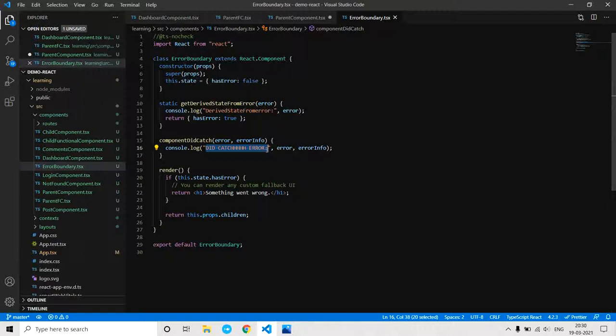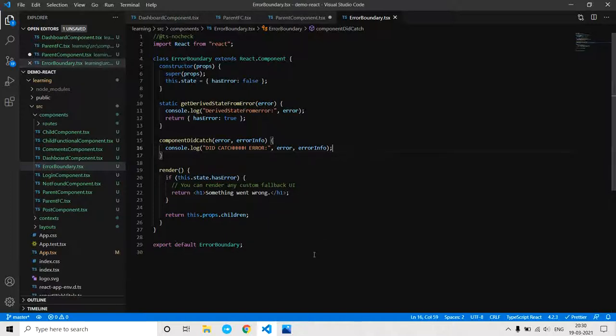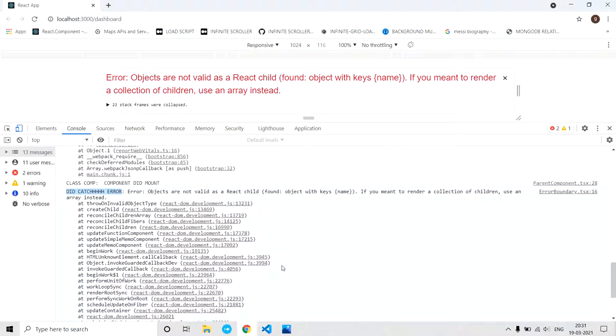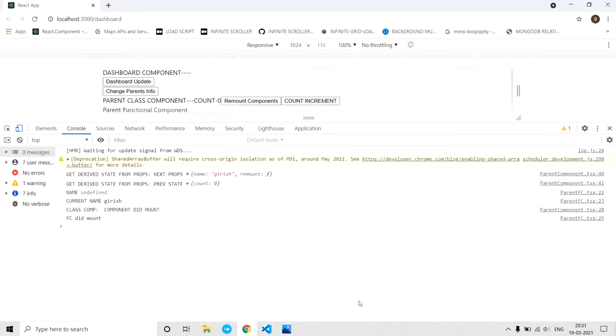Whenever the child component throws an error, it just captures the error. Now you can use some service to send these errors to your API so that they can be logged and maintained. Hope you understood. These lifecycle methods are useful for handling errors, and there should be some error component to handle these things. Let's remove this and reload it so that we are error free.